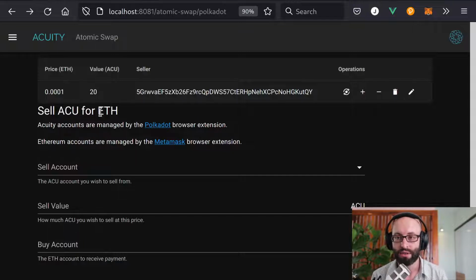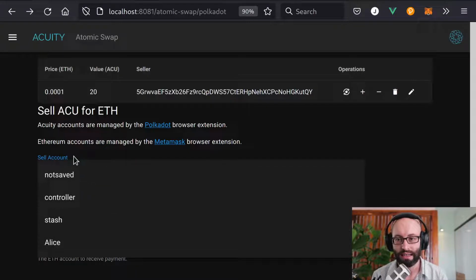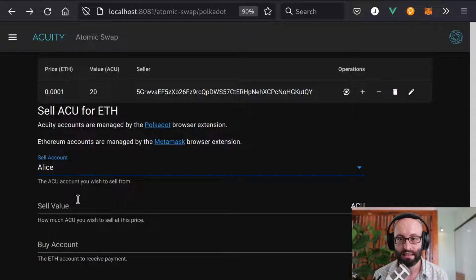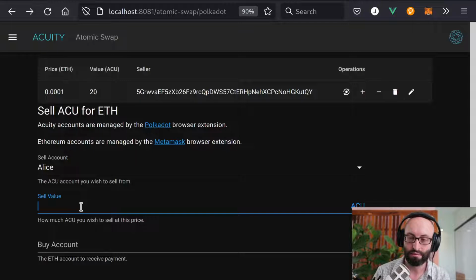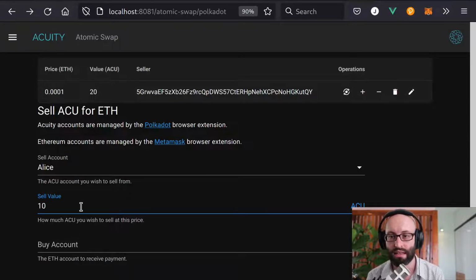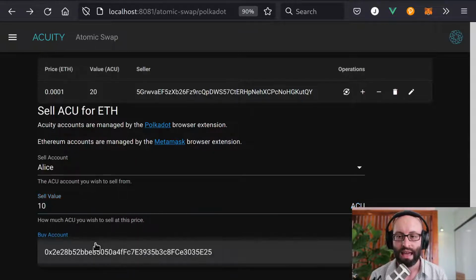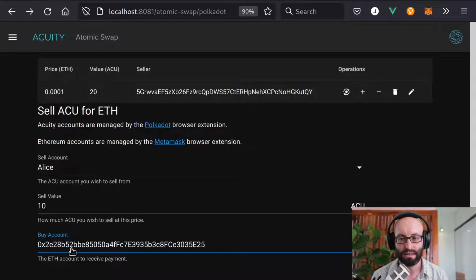Okay, so I'm just going to create a new sell order. So first of all, I can select the sell account. These accounts are actually just coming from the Polkadot browser plugin. So I select Alice. I'll choose how much of my test ACU I wish to sell. So let's sell 10. And buy account, so this is an Ethereum address. So at the moment this is being taken from the MetaMask browser plugin, but it doesn't actually need to be,